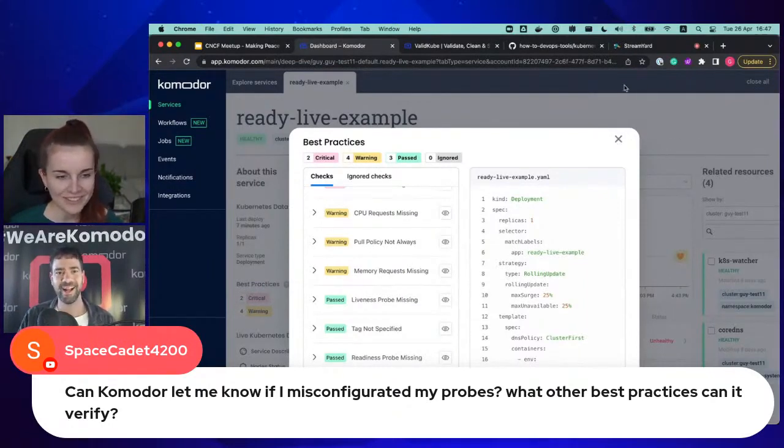So I quickly want to jump in. Komodor is great when you already have deployed the application, right? Komodor is tracking your running cluster and is providing you with great suggestions, like, here are best practices. You shouldn't just run one replica. If it's down, your application is down. Things like that, right? If you want to check your application before you deploy it, you can use Trivy from